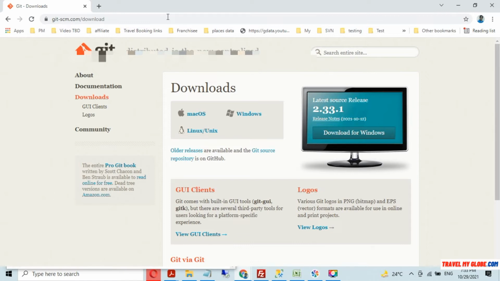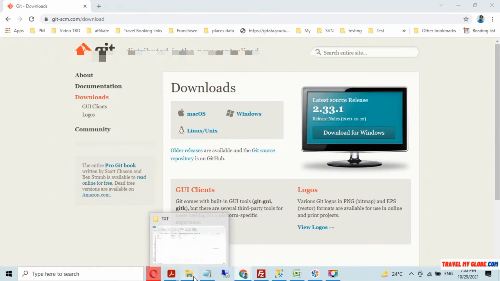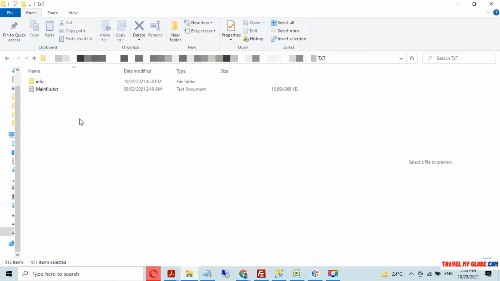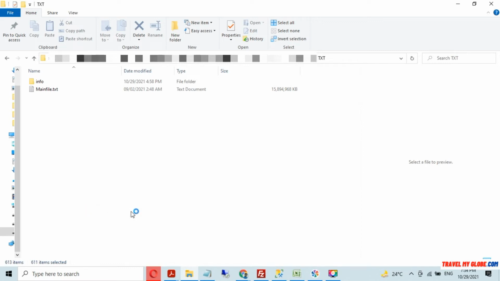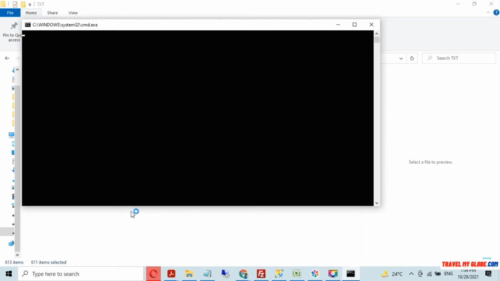When you install this utility completely, you will see in the context menu, where your file is available, a few options, and one of the options is Git Bash Here. When you click this option in the context menu, a utility opens in a command prompt which is available with Git for Windows. When I click Git Bash Here, it sets this directory as the output directory, or home directory, for these operations.